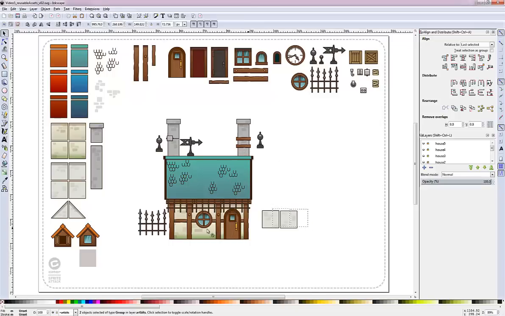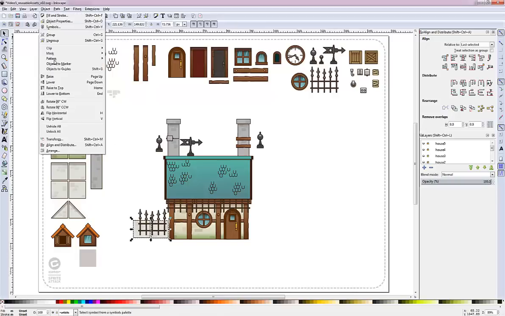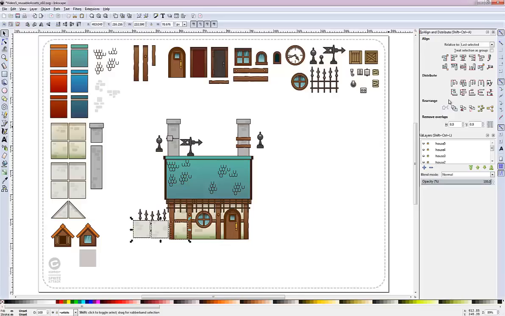These two can go over here, and we want them at the top, aligned like this. This element probably can go somewhere here. Objects, raise to top, and we can move second chimney